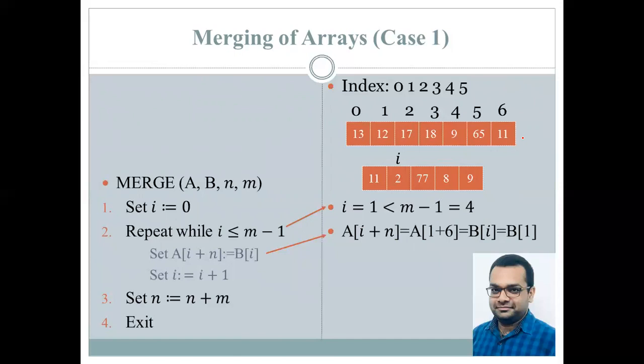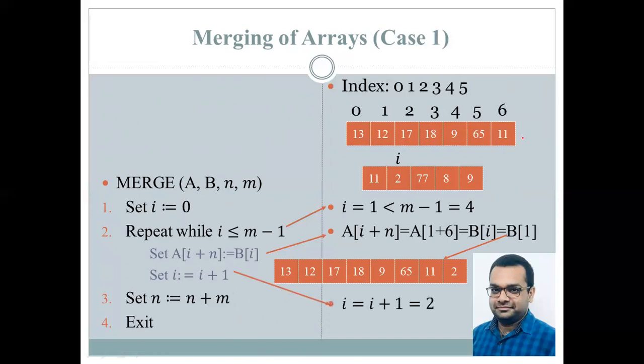Now, this is a very important point to note over here. It is not that the values from the array B will be getting lost, because since these values are appended at the end of A, the size of A is increasing and values in B will remain at their original position only. They will not be deleted from the system. Now you can see this is the result of appendation. And the value of I is incrementing.